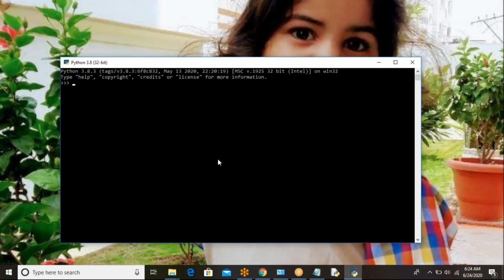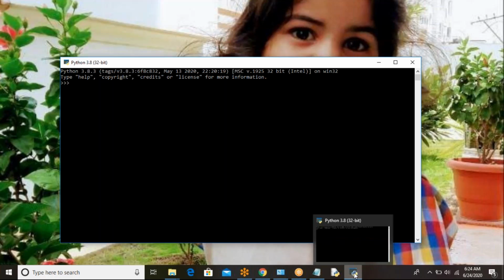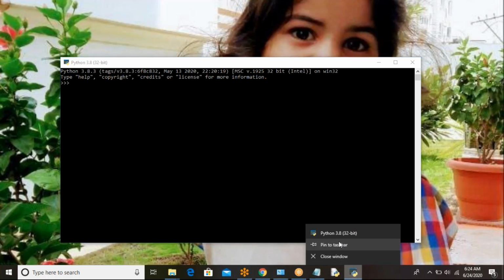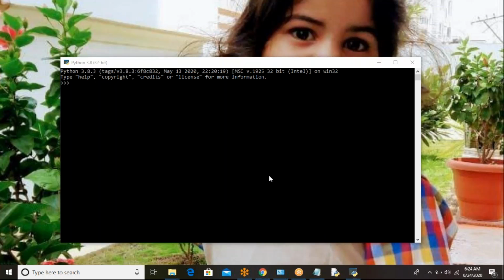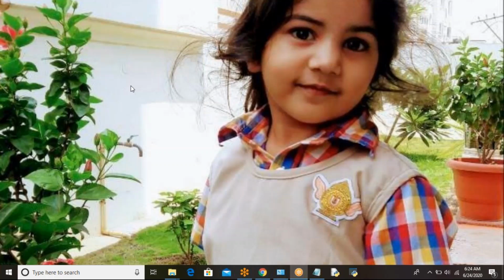Here also you can type the programs, in the command prompt also. So right click and pin it to the taskbar. Here also you can type a program and execute it. If you want to quit from this, you type quit and press the enter key, and that will be closed. These are the two places you can type the programs.